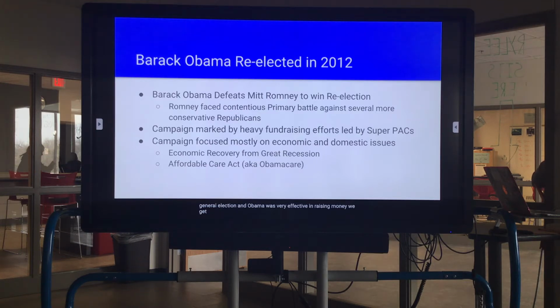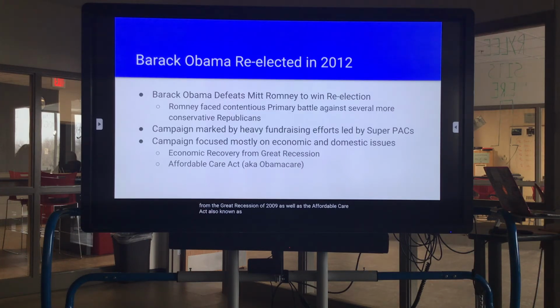We get campaign contributions in unlimited amounts coming into both sides and really spending a lot to try to influence the outcome of the election. The campaign focused mostly on economic and domestic issues, especially the attempts to recover from the Great Recession of 2009,